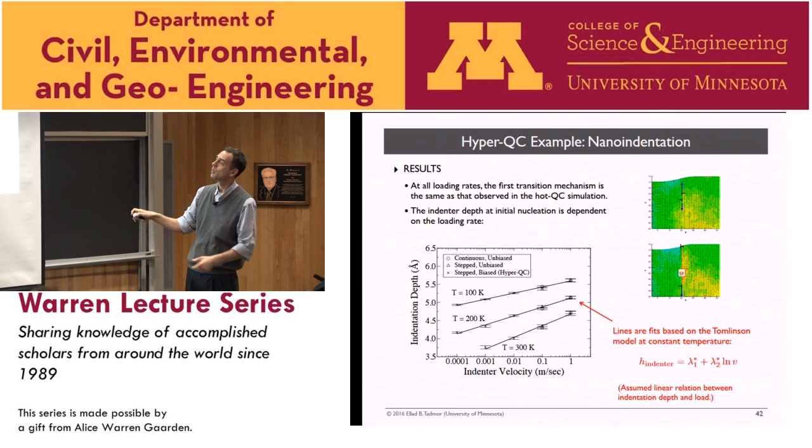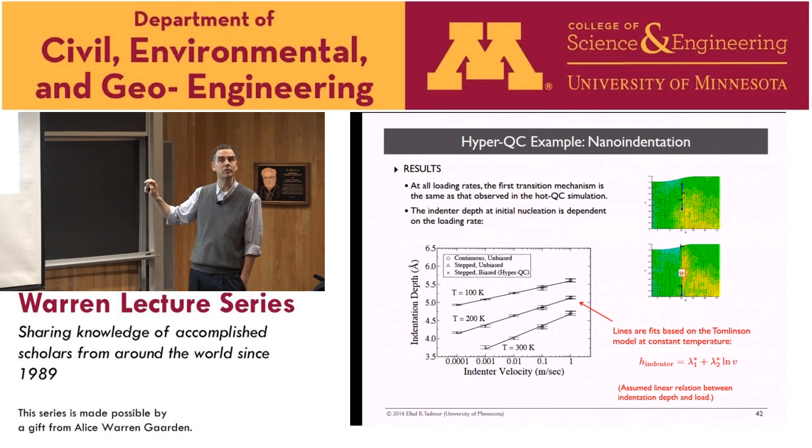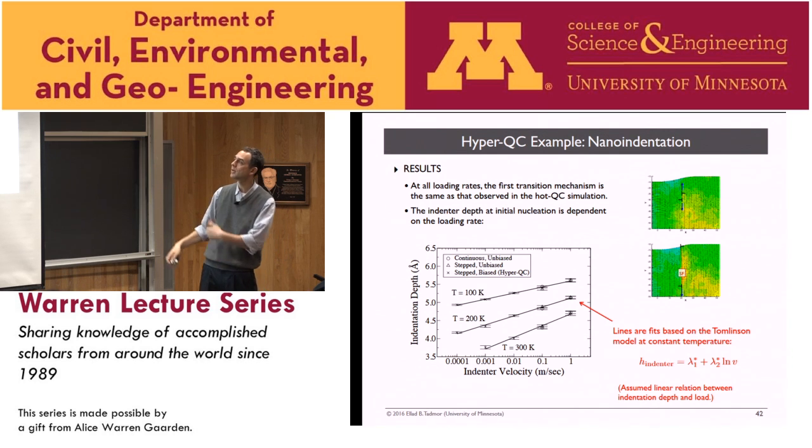And these are what you see when you can account for rates in this way. So here is the depth at which you have to indent to create a defect. And you see this is the rate over here, or the indenter velocity. And you see that there's a strong rate dependence on the nucleation and so on. Although in this particular problem, there's no qualitative difference. They both show the same behavior qualitatively, the same kind of defects. It just nucleates at a different critical load.